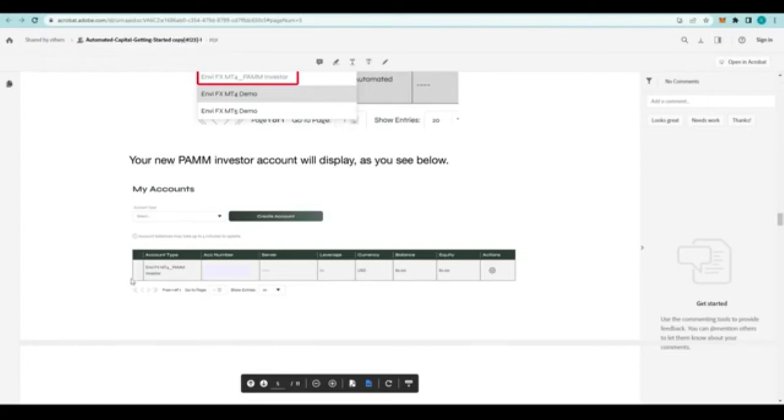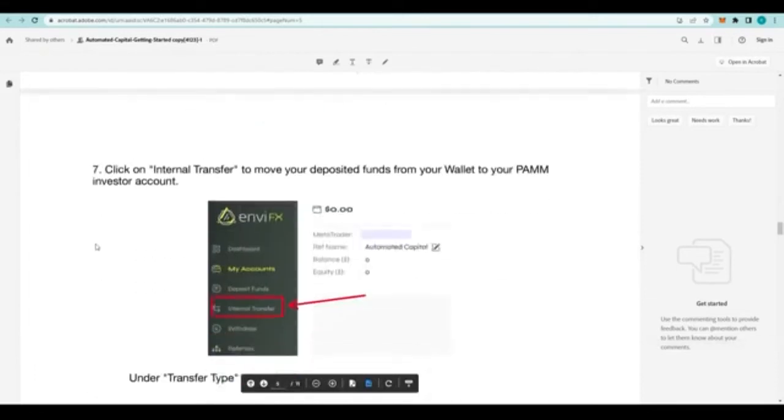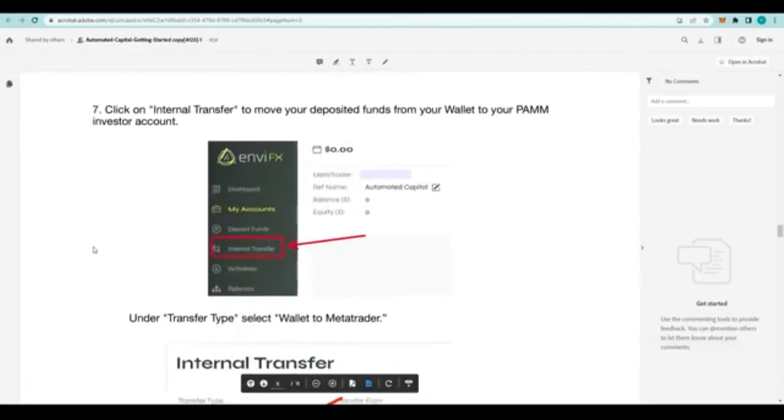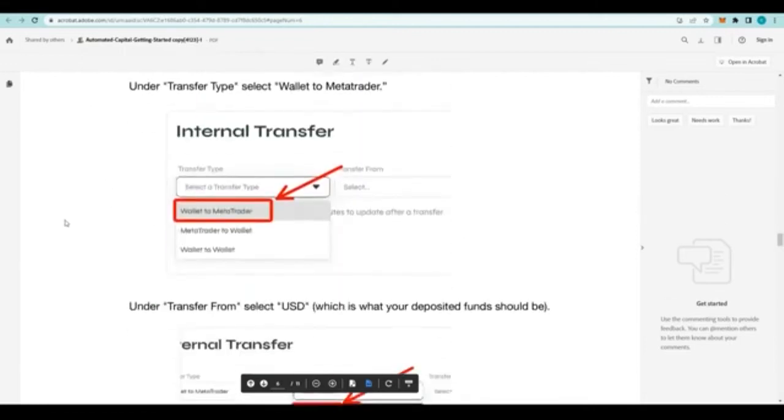So now you've deposited money into NVFX, and now you've created the account where you want the trading to take place. And so now what you need to do is move the money from NVFX into that PAM account, the automated capital account. So what you do is come up to the internal transfers, and then